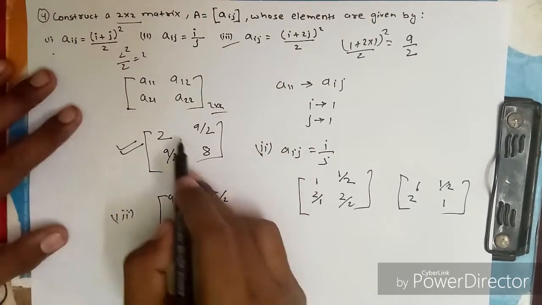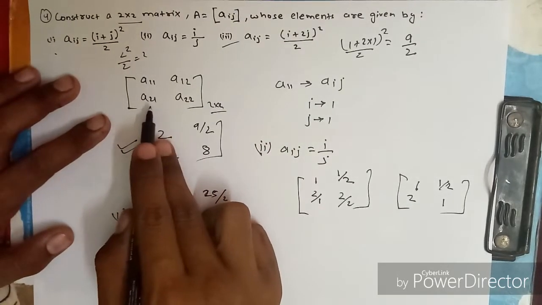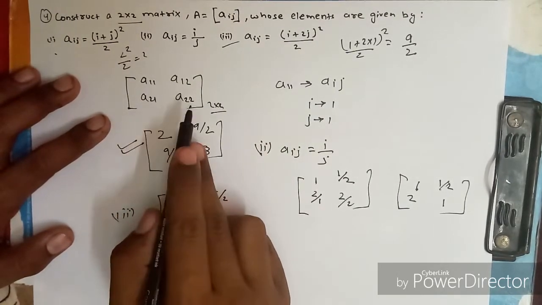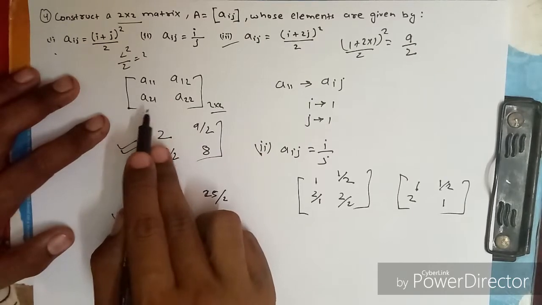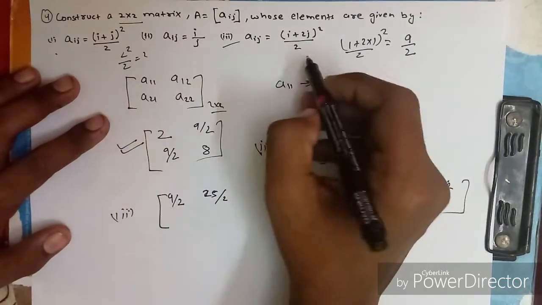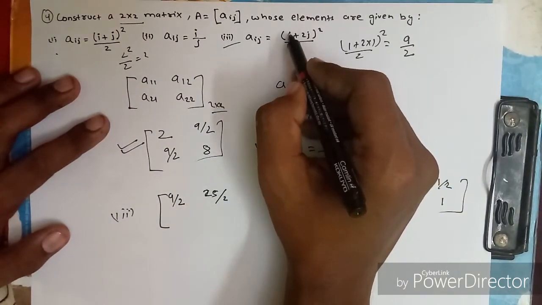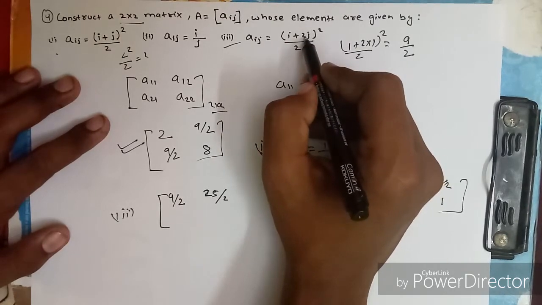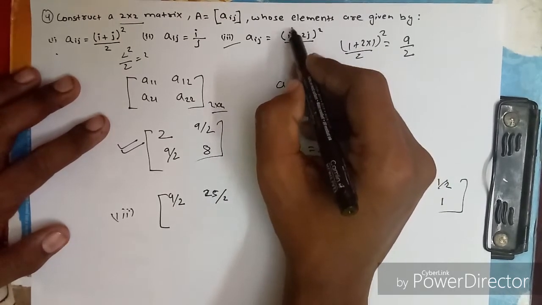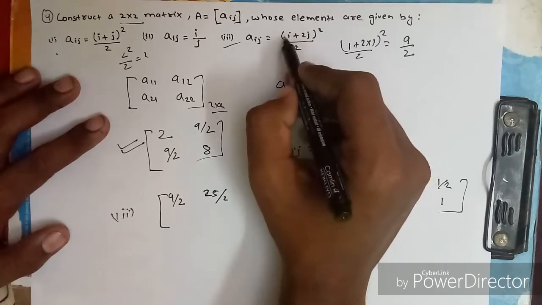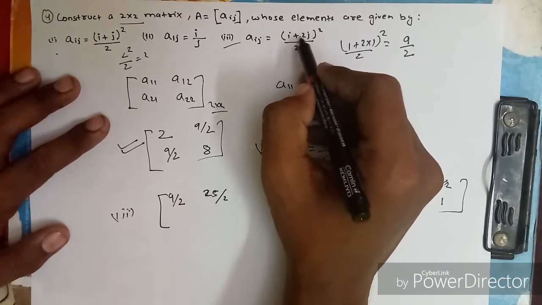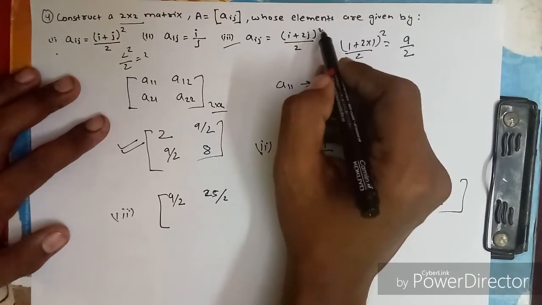Now the next, a21, that is the value of i is 2 and the value of j is 1. So if we put the value of i as 2 and j as 1, 2 plus 2, that is 4, whole square, that is 16, 16 by 2